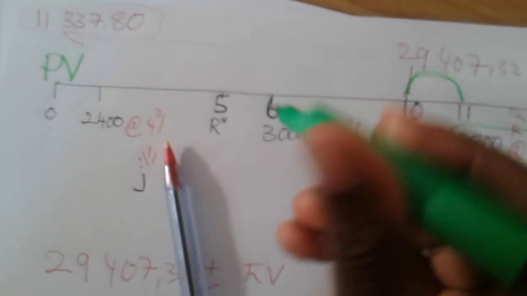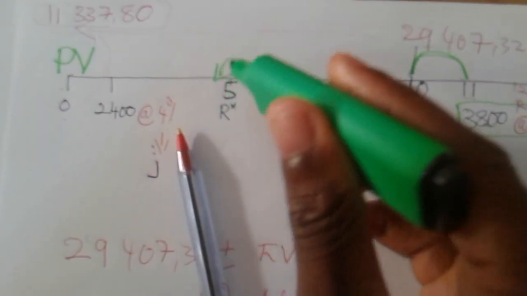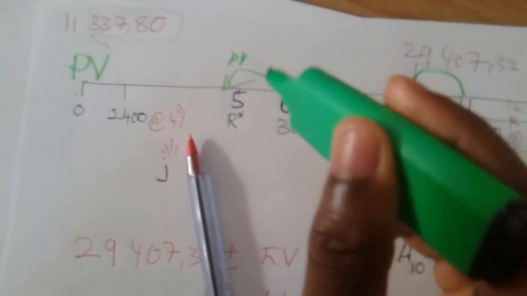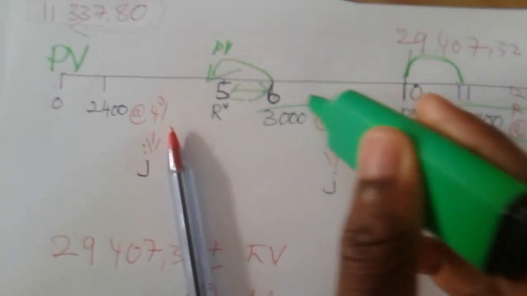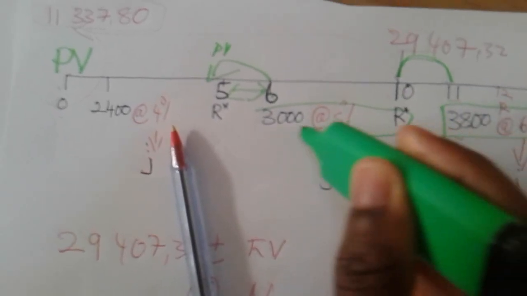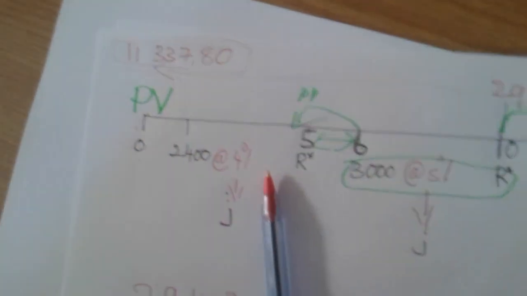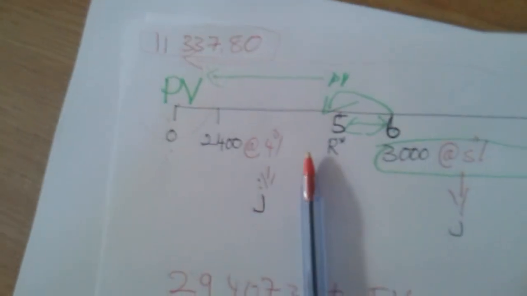Your answer is at 5. Because remember, we said the PV and your first payment must always be 1 period apart. So your answer for this annuity is going to be at 5. Once you get this answer, you do the same thing again, you bring it back to 0. And then again for this one